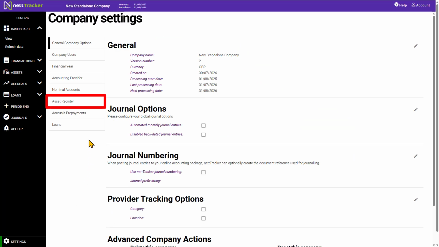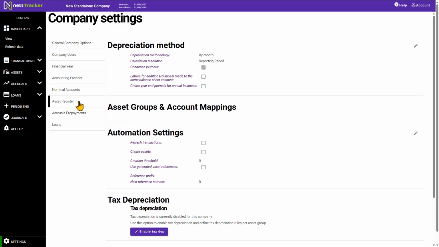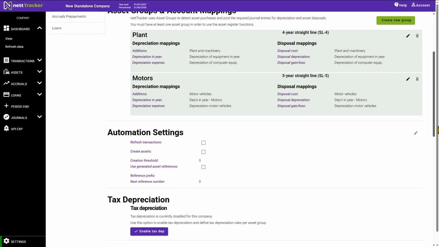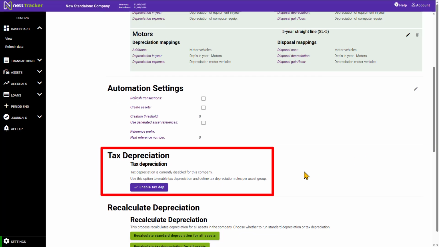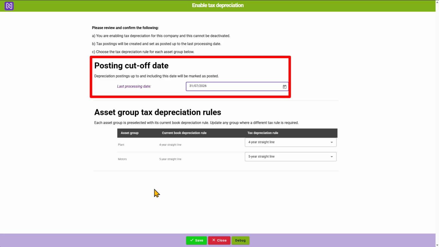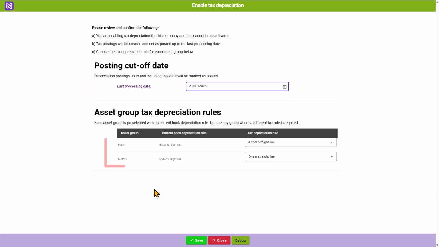Then we select the Asset Register tab, scroll down slightly until we see the option to enable tax depreciation, and select. We can see the date that the depreciation was last posted to, and then at the bottom we can see